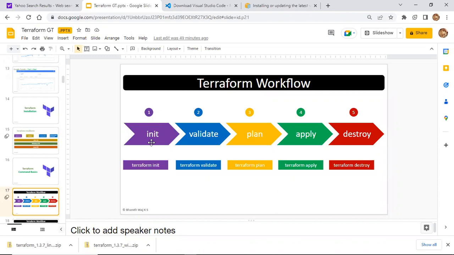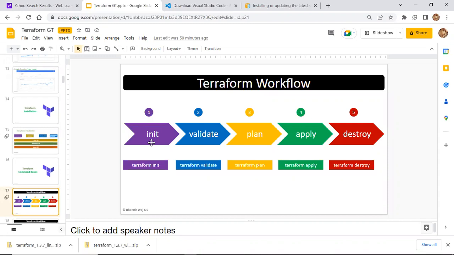And if we want to do a dry run, then we can give the plan. If we run the Terraform plan command, it will give a plan of what resources it is going to create, or if it is going to make some change, what kind of change it will do. It will give a blueprint to us. Finally, if the plan is okay, we can give the apply command to create the infrastructure. And if you want to destroy it, after creating, you can destroy using the destroy command.